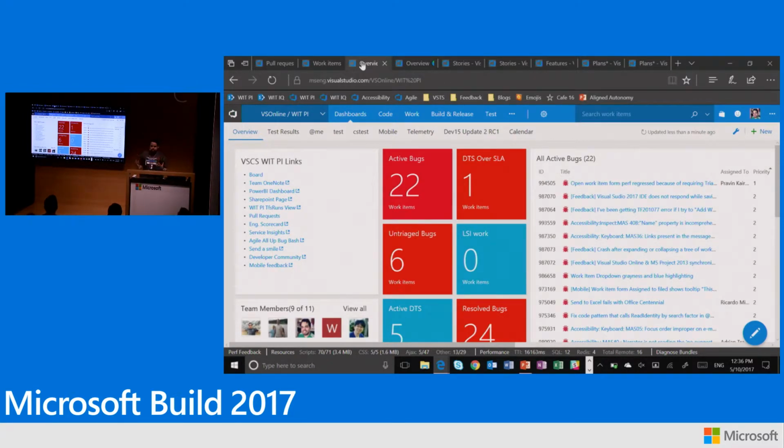Now, the other places where we have features that help me drive autonomy are dashboards and boards. We believe in our team, alignment has to be driven via the hierarchy of work items. In my case, alignment is driven by epics and features. That is what I talk to other PMs about. That's what I talk to other organizations about. User stories, bugs, and tasks, I don't care.